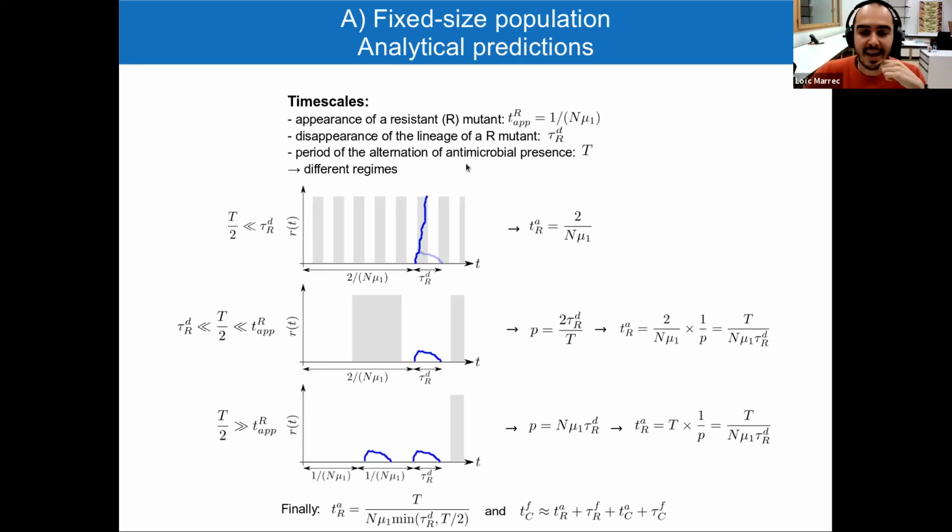So for instance, in that case, if you consider a situation where the period is very short compared to all the other timescales, then you can say, okay, the mutant that will take over the population will appear twice the time of appearance. Why? Because